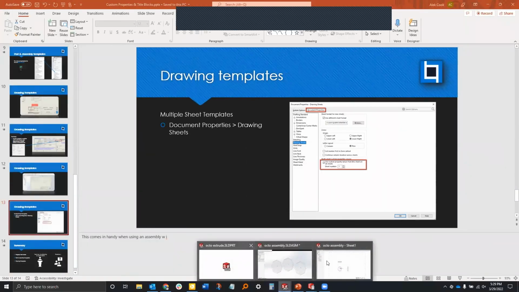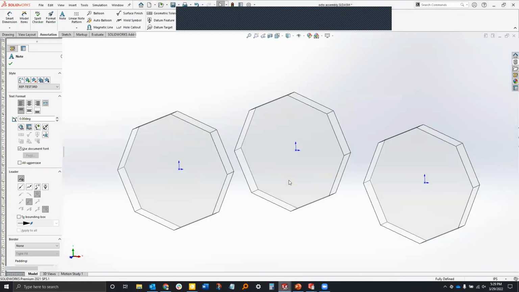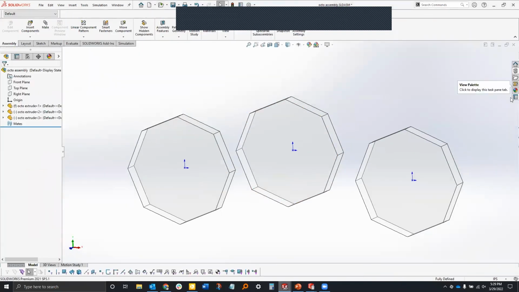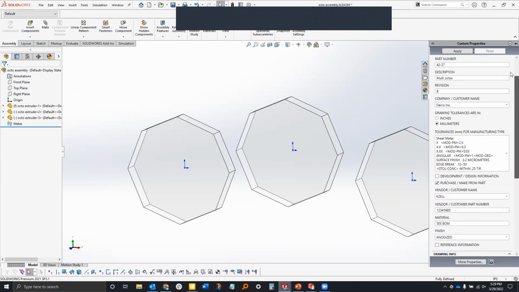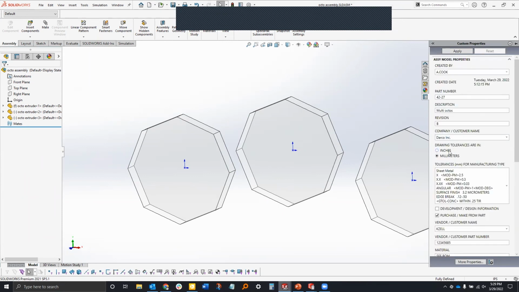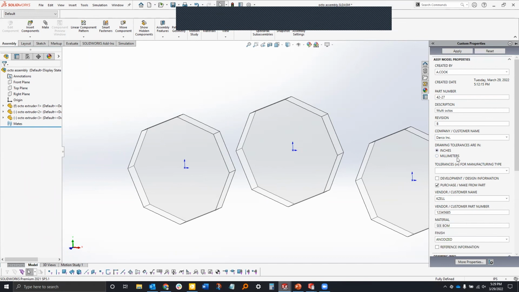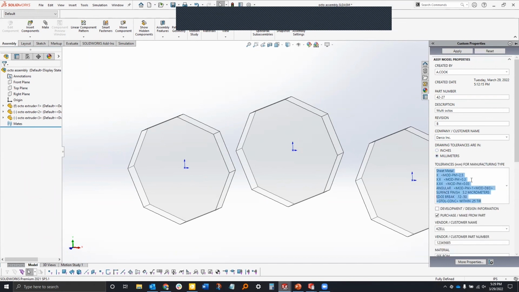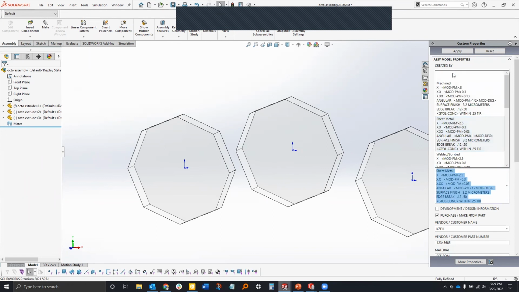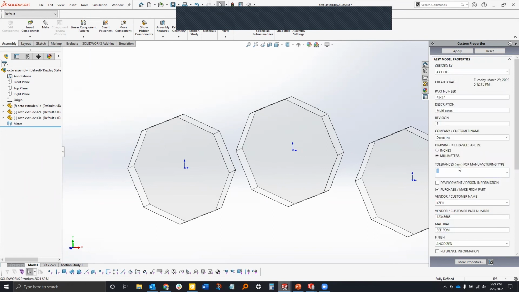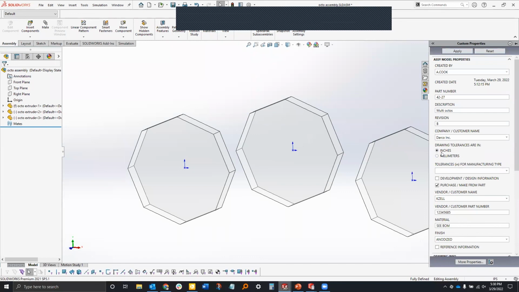Right here, I'm going to come in and change my tolerance standard because we messed up. This guy's in America and he wants his in inches. So I'm going to switch back to the blank. That's going to clear my variable, because I only have one variable that controls two different things, my inch tolerance and my metric tolerance. Now it's cleared. I click apply. That clears it. Now I select inches, come down,